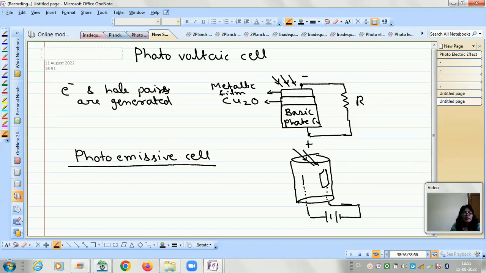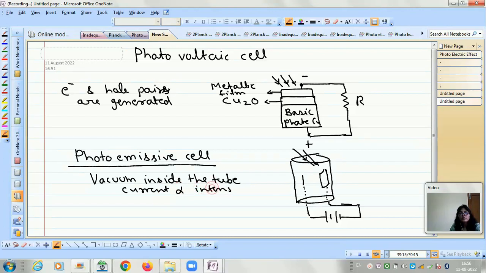So we can write it as, in case of vacuum inside the tube, current is proportional to the intensity of light,